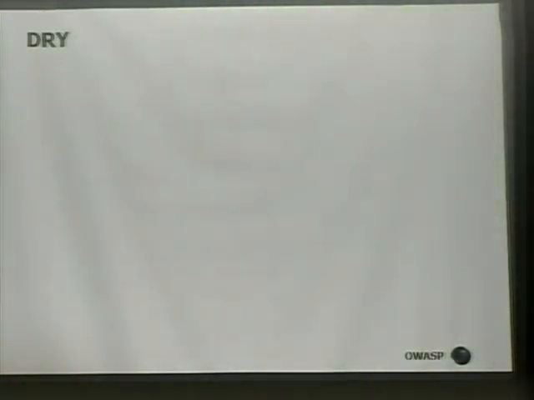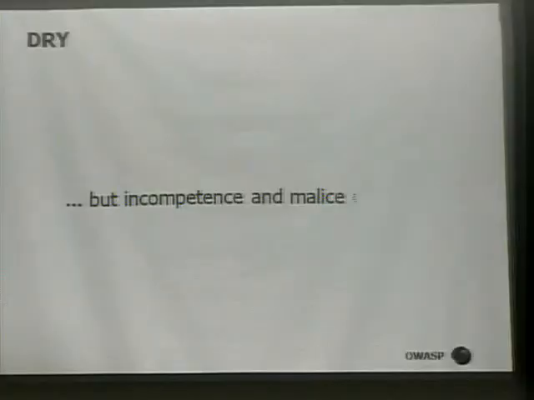Okay. So let me examine the DRY principle again. We've got rid of an awful lot of duplication. We just got rid of all that code that was sitting in between that wasn't really serving us terribly well. But unfortunately, there is still an overlap between the validation on the browser and the validation on the database level. And to be honest, I can't quite see a good way of getting rid of that.